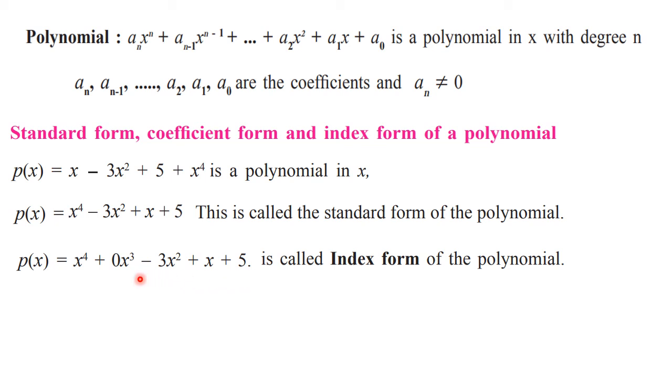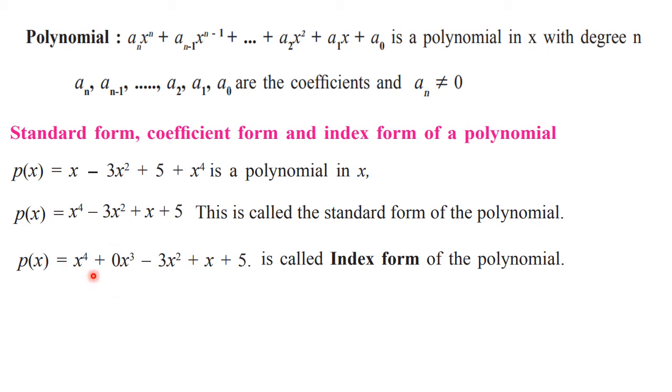Okay, so here after x raised to 4, the term with x cube was missing, so we are going to write that term with coefficient 0. You know that 0 into anything is 0. That is why we need to write coefficient 0, because that particular term is absent and we are writing it. So the coefficient should be 0. What you have to keep in mind is that the absent terms you are going to write with coefficient zeros.